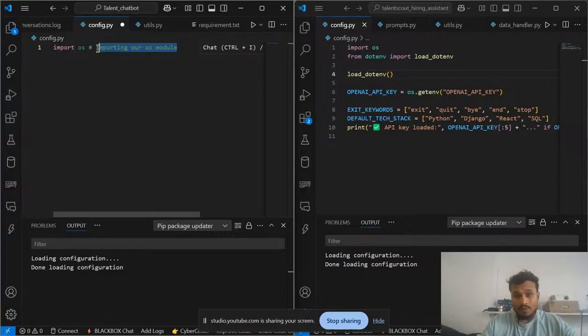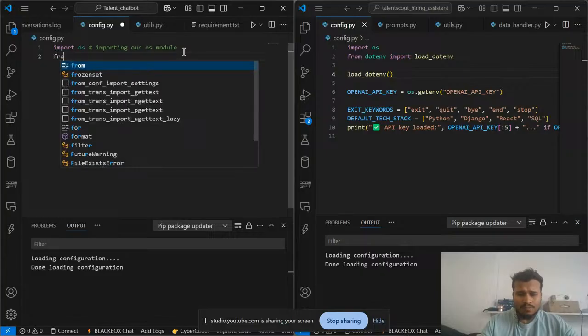You can go into my playlist of learning data science, where I have taught about file handling and those things. There I have briefly explained what OS is and what the OS module does. The meaning of the OS module is simply that we are opening our environment variables here, right? Next I will write from